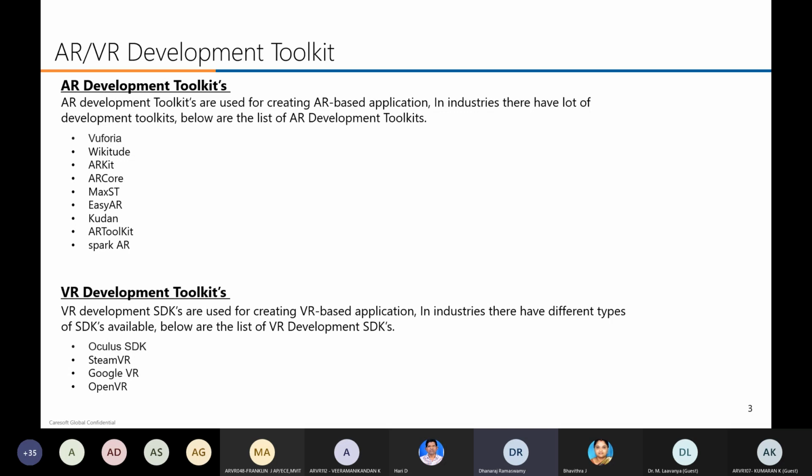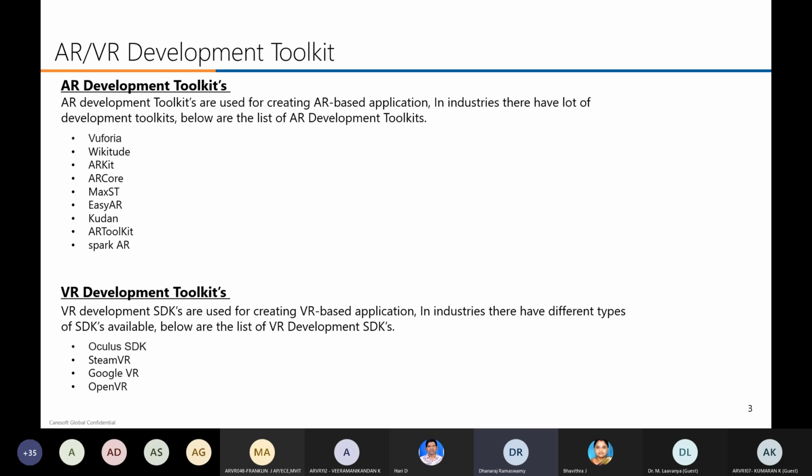It comes under Facebook. In future, Facebook, the chatting and everything, will come in the virtual world. I hope everybody is using Facebook. Now you are doing only chatting, voice chatting or text chatting. In future you may do virtual chatting. To do that, you need Oculus, because Facebook bought the Oculus company, so you need that device.